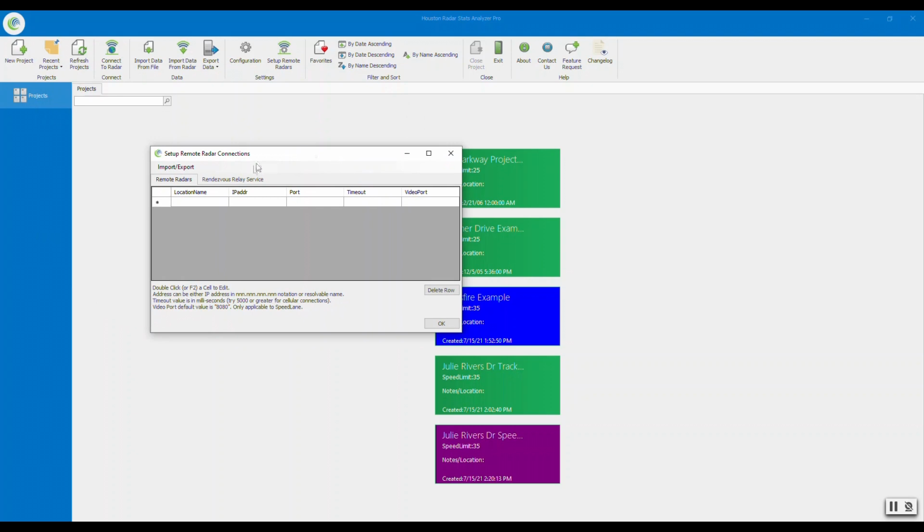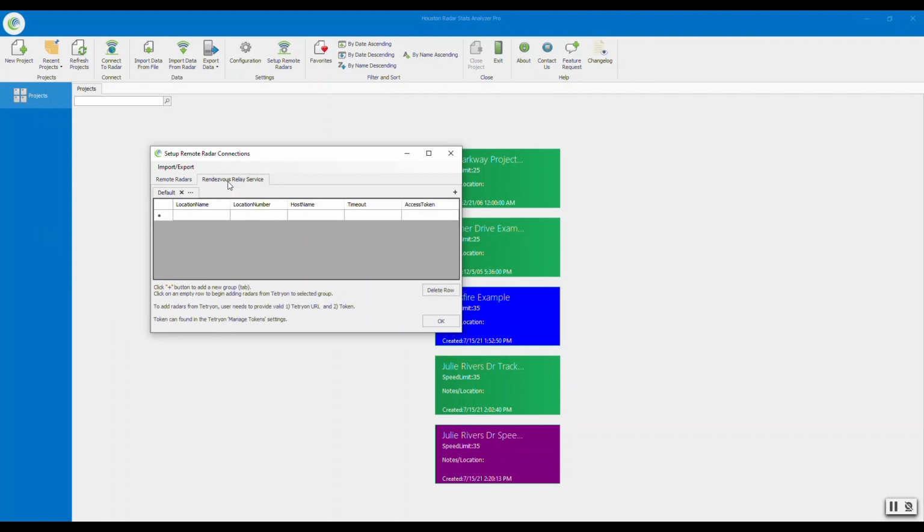And this has two options. One is to just create a remote radar for which you know the IPs and details of. The other part is the Rendezvous feature. So you want to click on this tab over here and click on the empty row